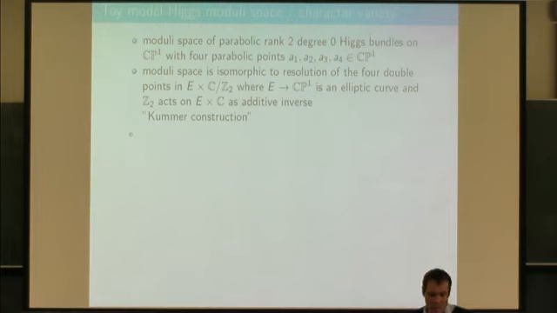the complex line. This is an abelian group, so it has an additive inverse. We divide by that inverse. It will have 4 order 2 elements, so there will be 4 fixed points of the action, and so there will be 4 orbifold points in the quotient. We blow those up, and then we have a smooth resolution of singularities, and this space is what we call